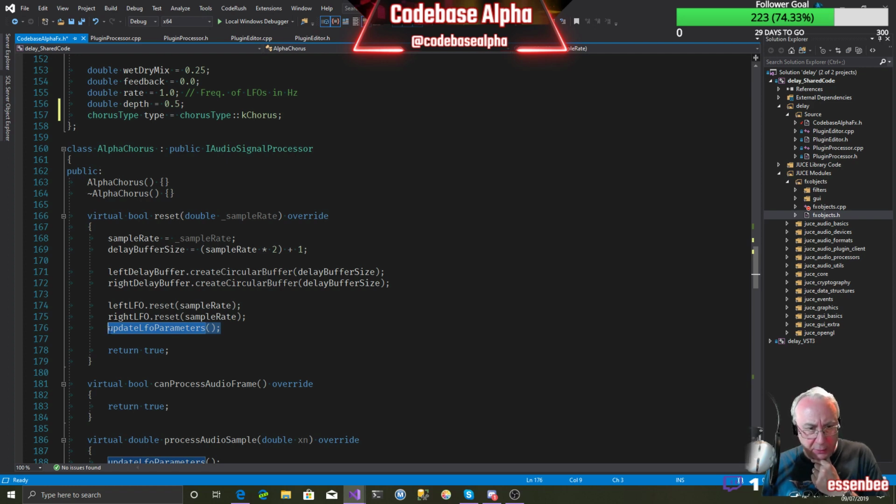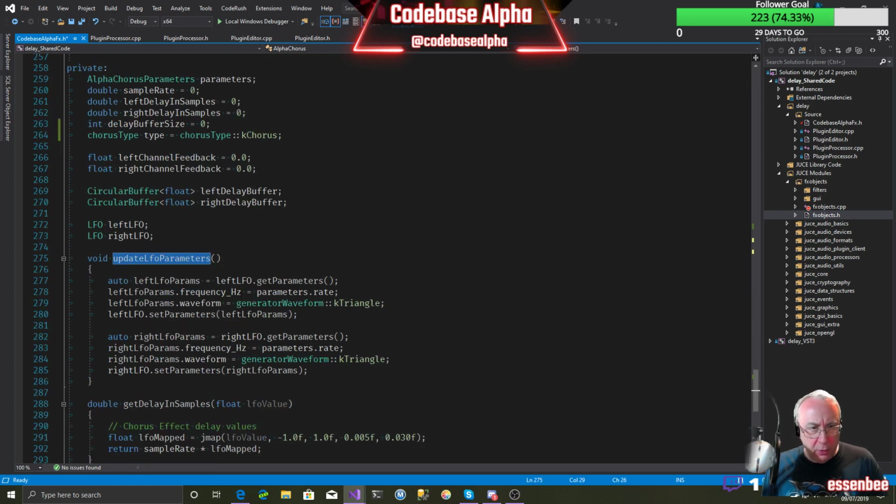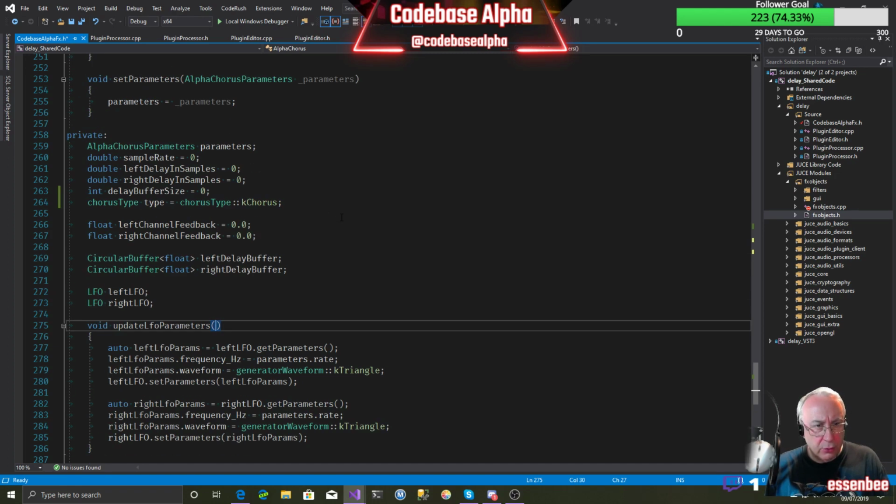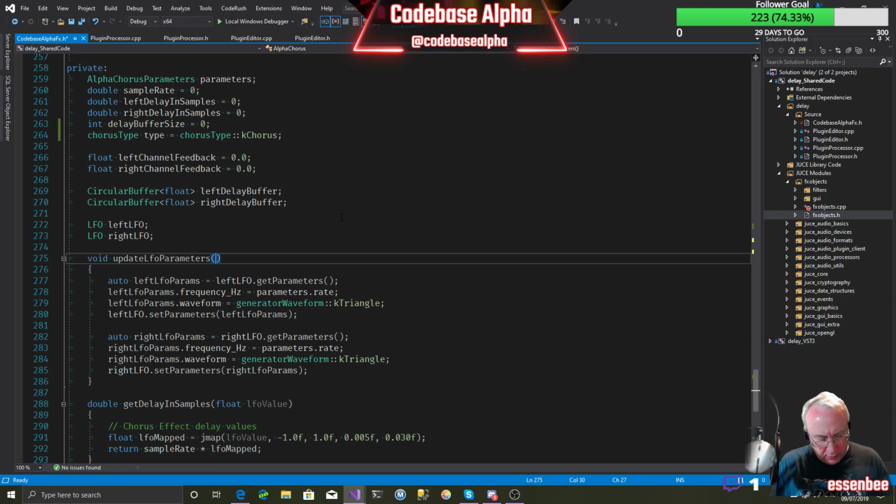Okay, so if we update the LFO parameters, then we're going to need to pass in the chorus type. So in here we're going to have chorus type, type,